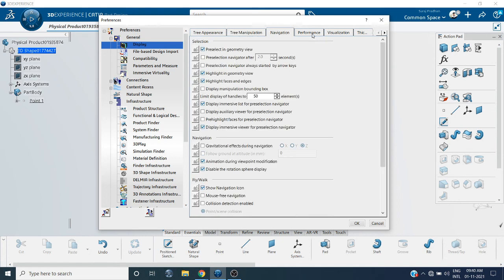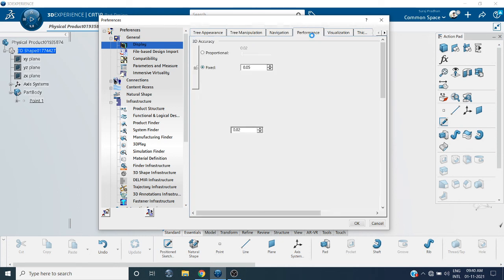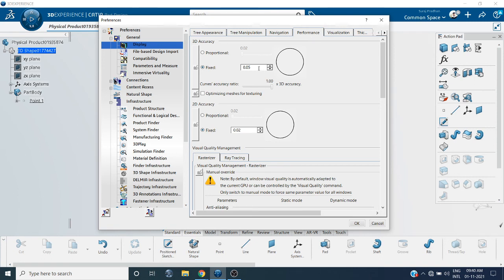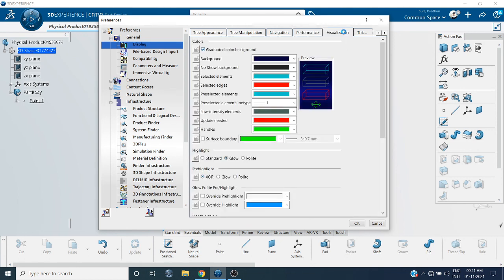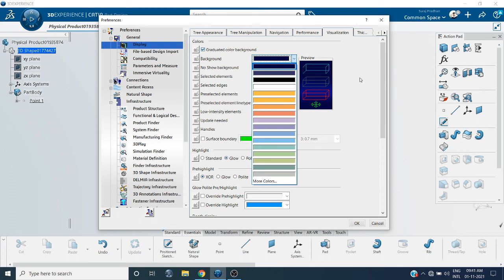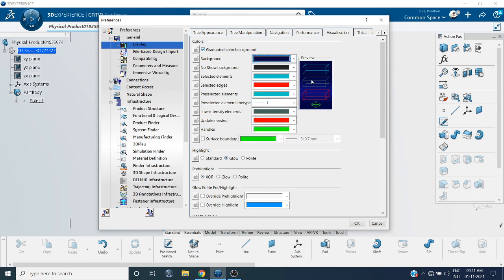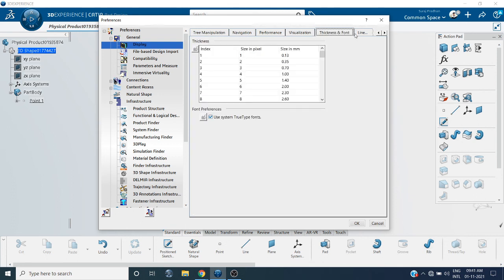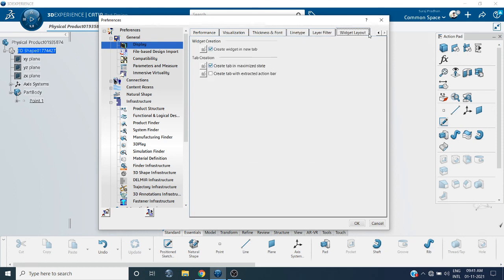Remember the performance should be maintained like this, 0.02. That is a fixed performance. For visualization, whichever background you want, you can change it. By default it is in your setting, so no need to change.